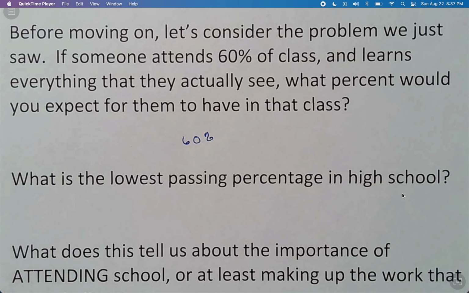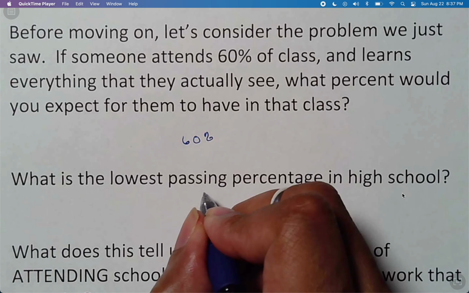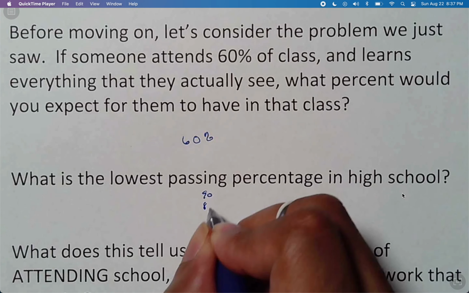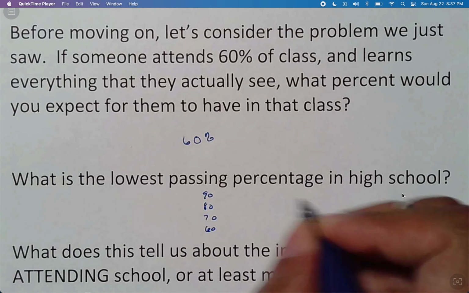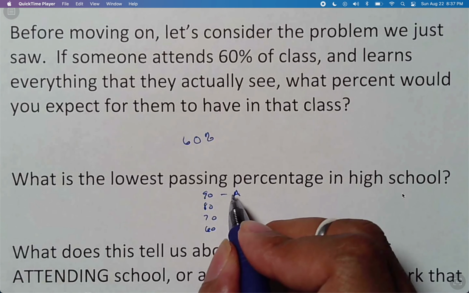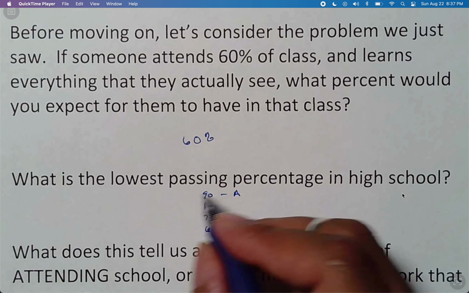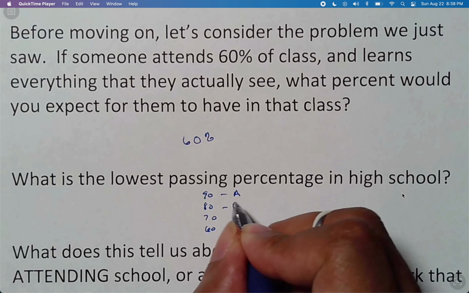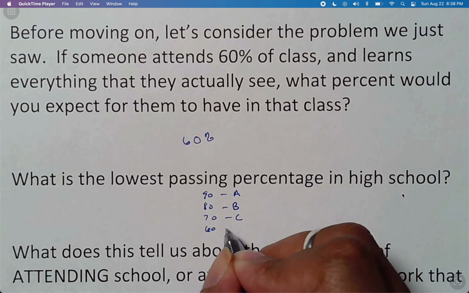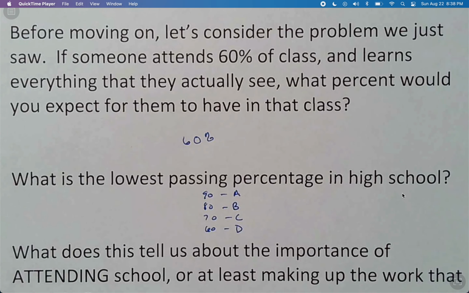What is the lowest passing percentage in high school? I don't know if you know about most high school scales, but 90, 80, 70, 60 is usually what it is. 90% is your lowest A, so anything in the 90s is an A, anything in the 80s is a B, anything in the 70s is a C, anything in the 60s is a D, which means